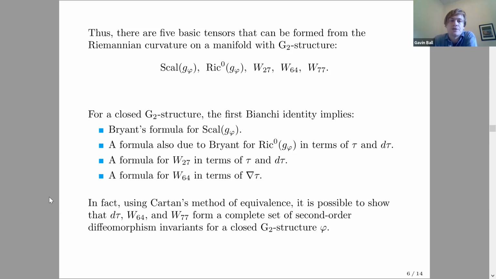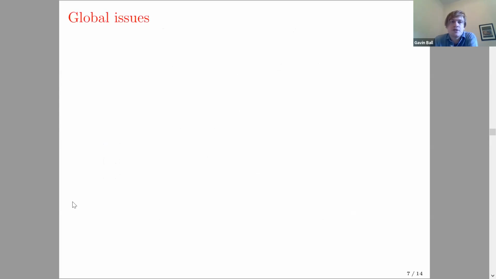Okay, and that's going to be important later in the talk. This kind of fact is going to be crucial later on. Okay, so this is the basic local differential geometry, the curvature of closed G2 structures. I wanted to say a little bit about